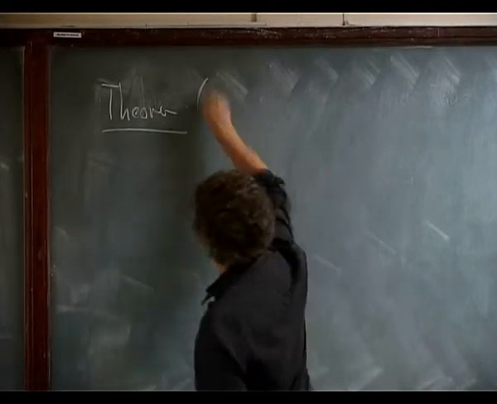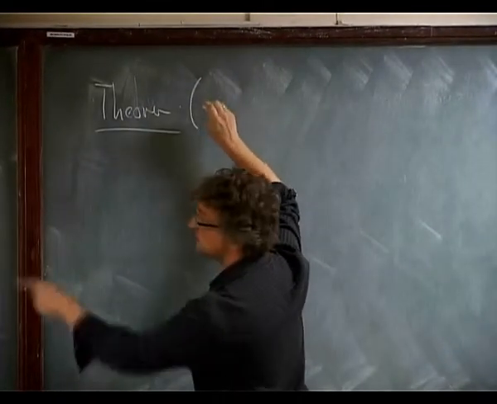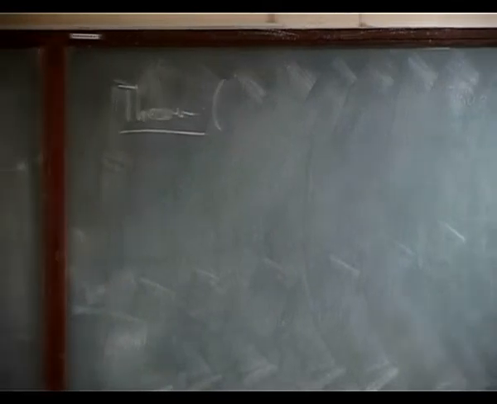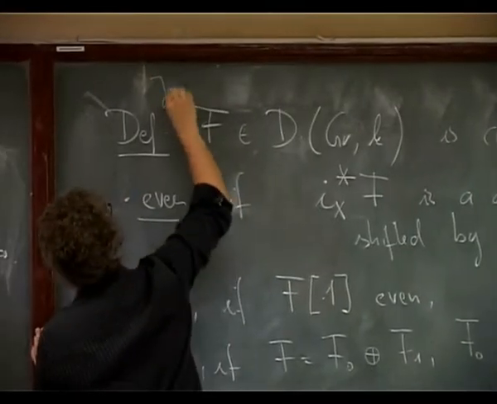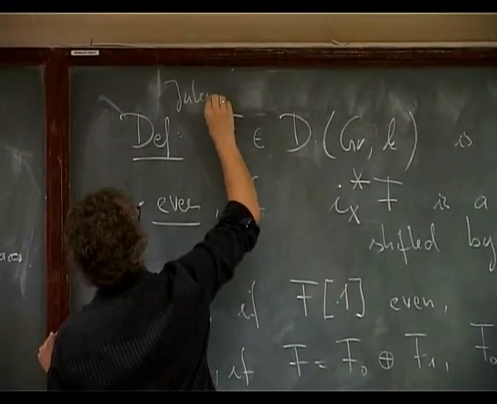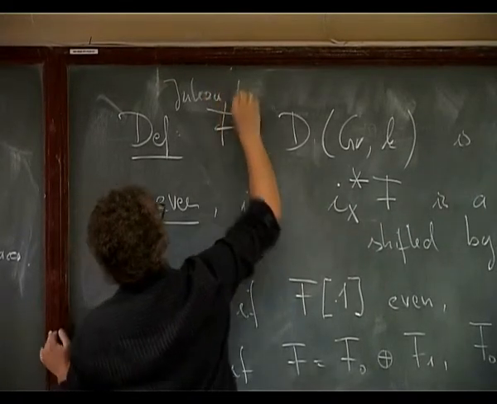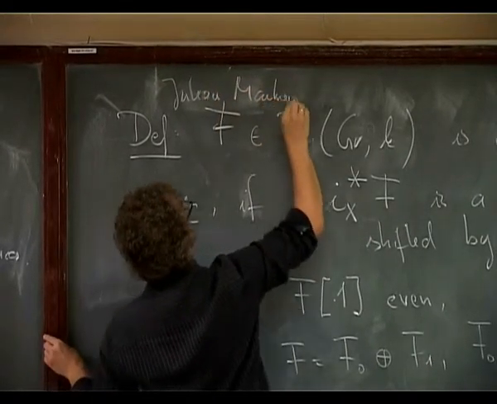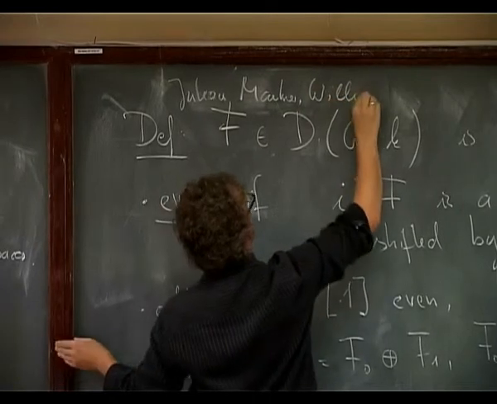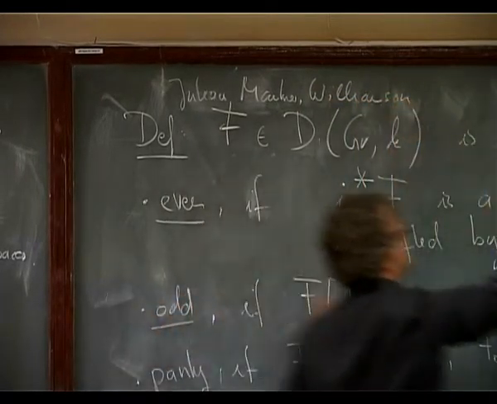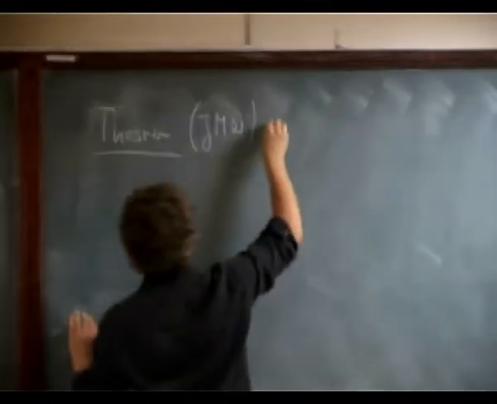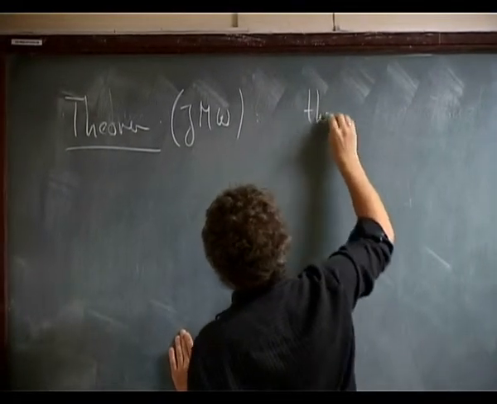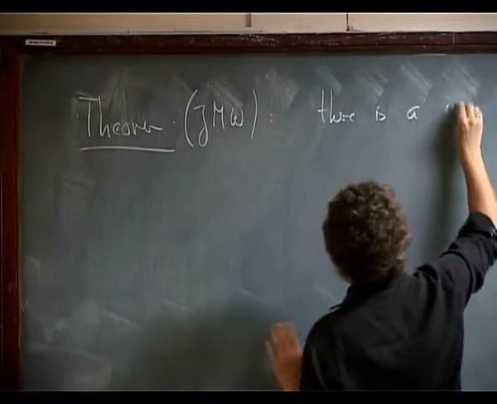For example, a theorem of, so this definition goes back to Daniel Juteau, Carl Mautner, and Geordie Williamson, and they also proved that there is a unique